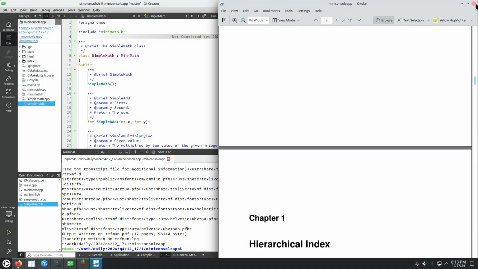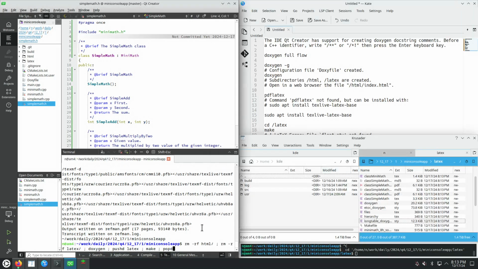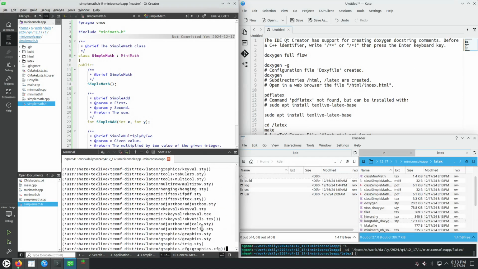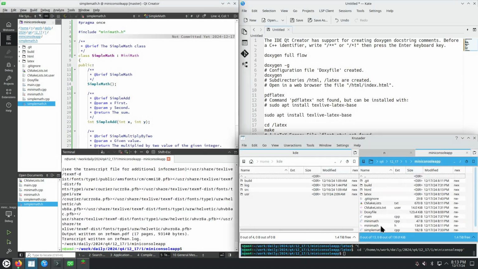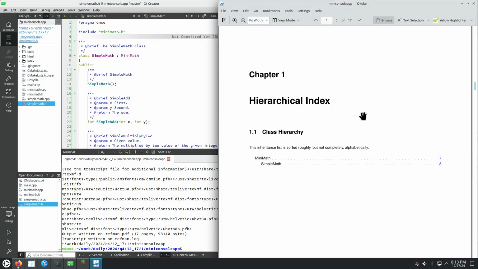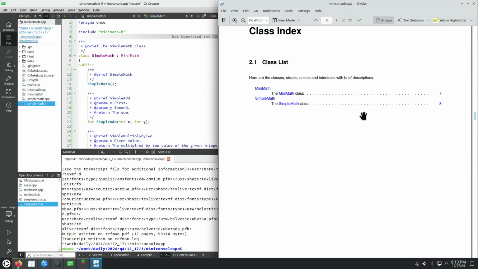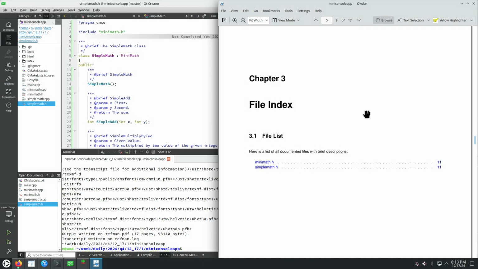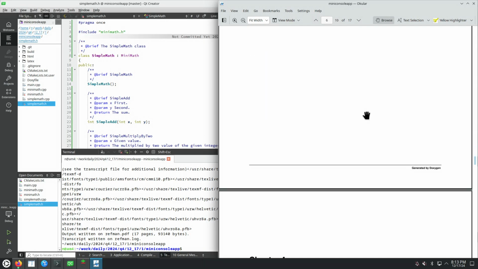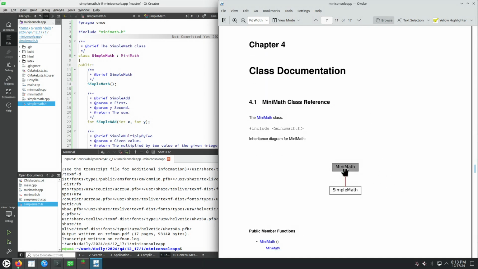It looks bad. We already have more PDF files. We have